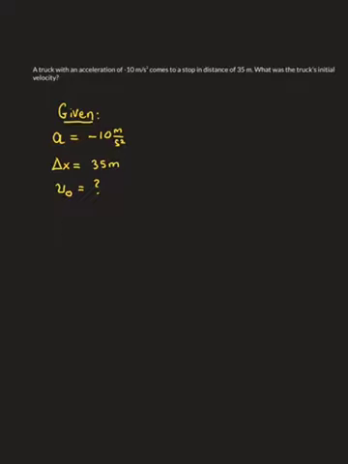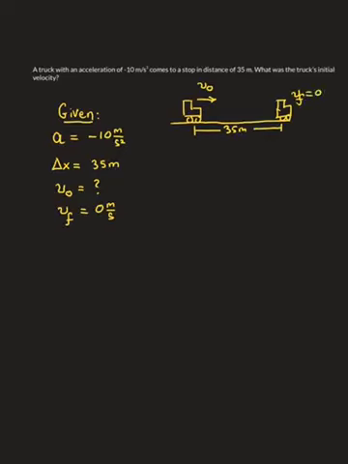But we also know that the final velocity of the truck is 0 because the truck comes to a complete stop. So if we draw a quick sketch of the situation, we've got our truck traveling with some unknown initial velocity. And in a distance of 35 meters, the truck will come to a complete stop. So a final velocity of 0 meters per second sometime in the future. And with an acceleration of negative 10 meters per second squared,